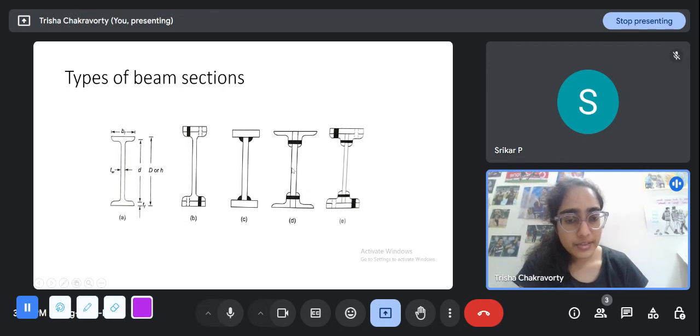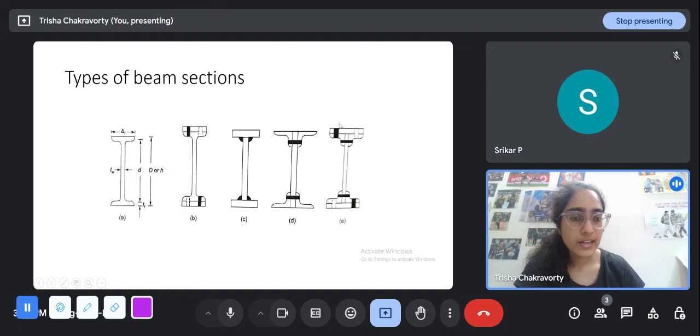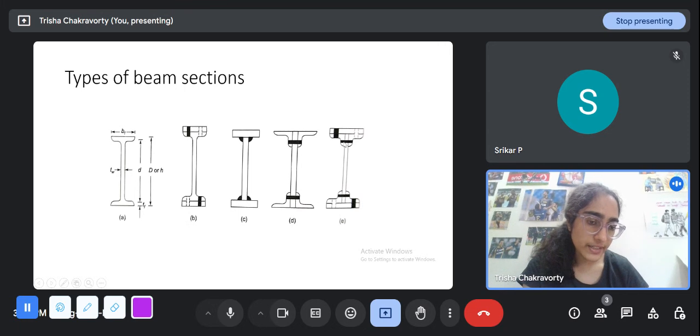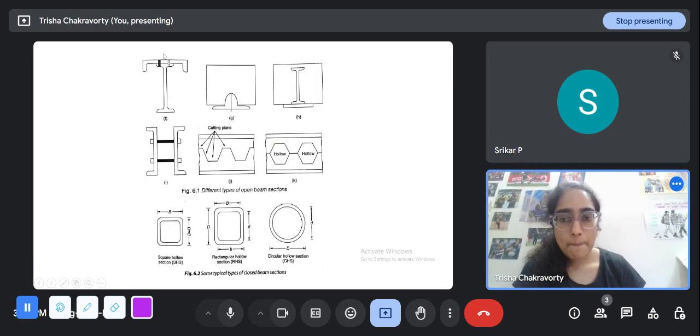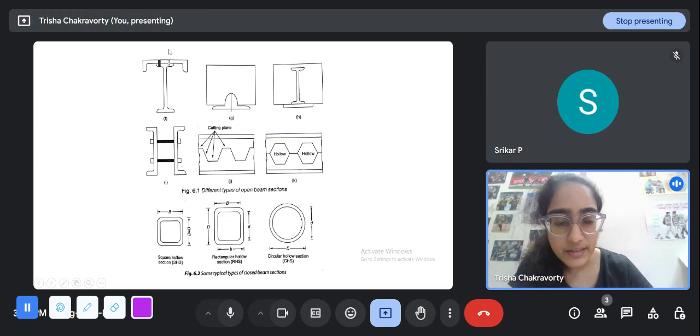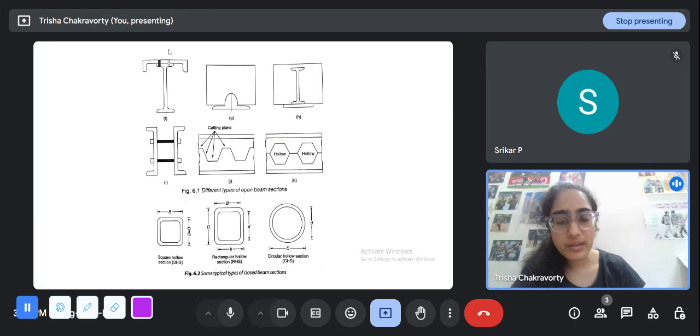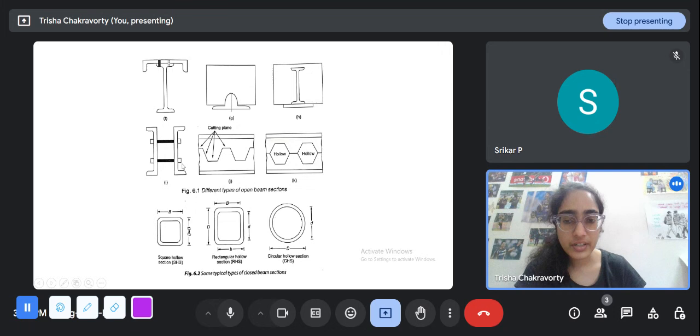Then this is also a built-up section: this is one plate, and then there are four angles that are bolted here. This also acts the same way as an I section, and these are a collection of several types: a plate, then these two plates, then four angles. This is another kind. This kind of configuration is also represented in SP1, as I showed last class. Some of those properties are also mentioned; not all combinations of I sections and C sections, but some common ones have been mentioned. Then hollow sections are also used.